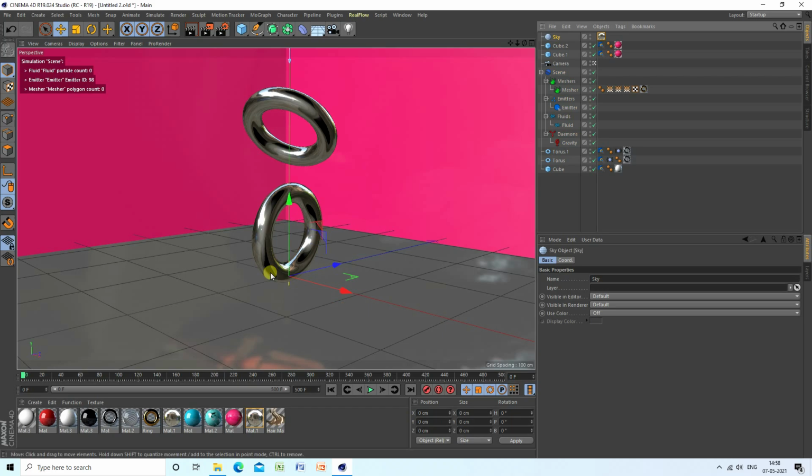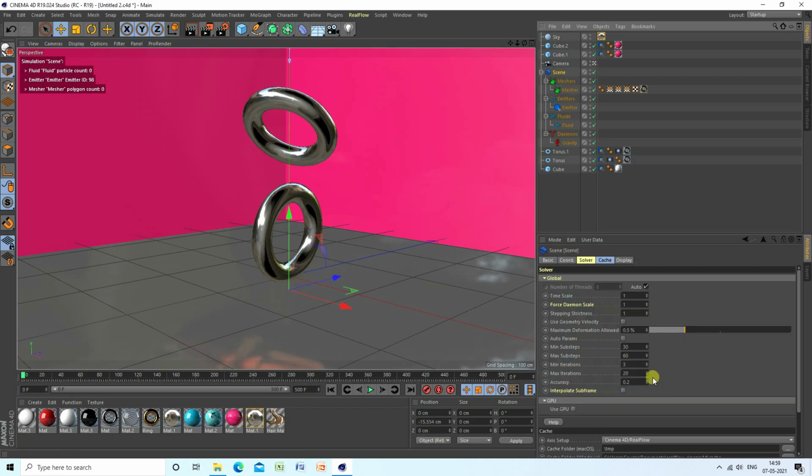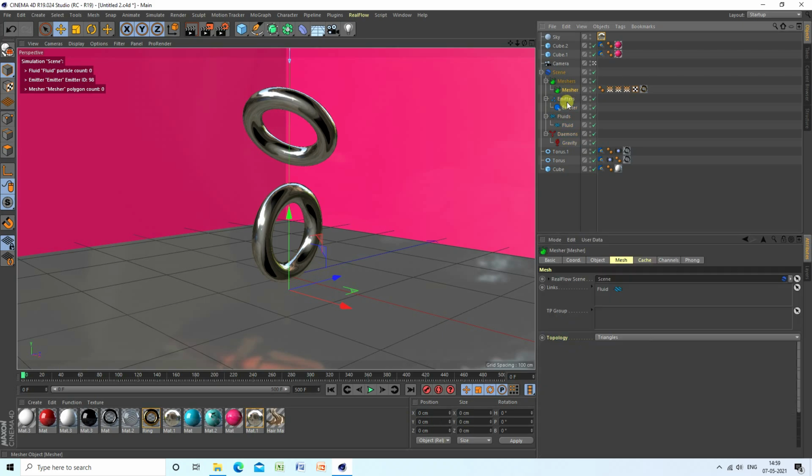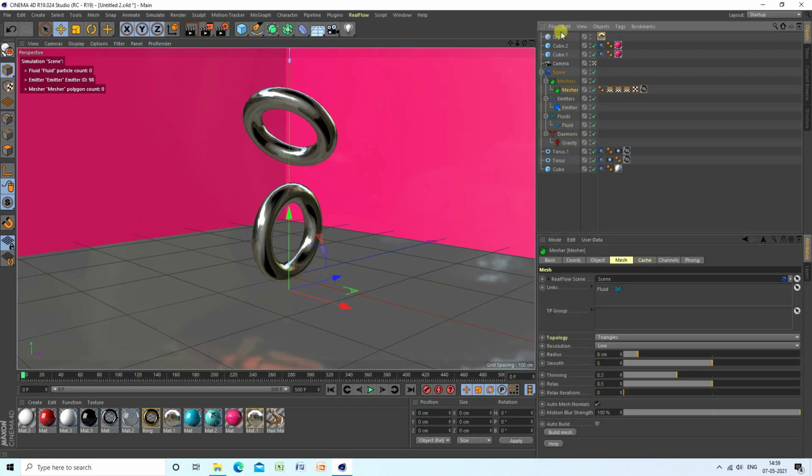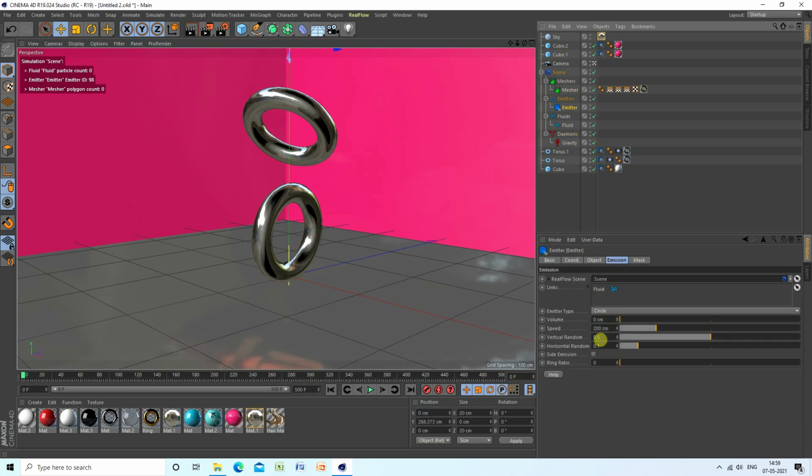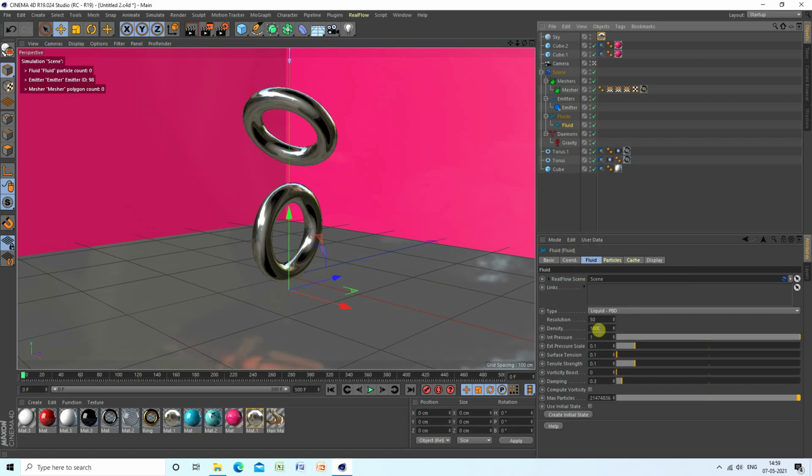So guys, one more time, select this screen and check some settings. All is good. Go to mesh, mesh is good. And emitter, emitter setting is good. Go to flood and liquid PVD.